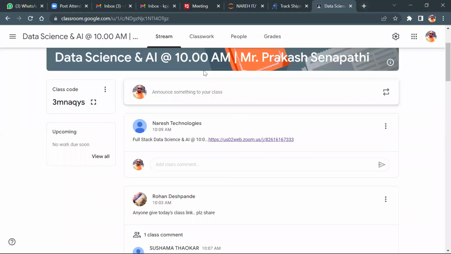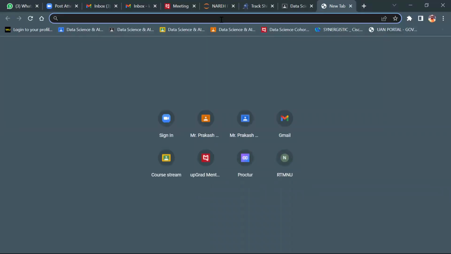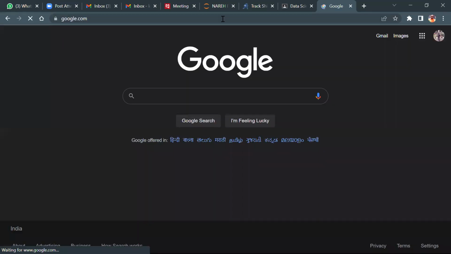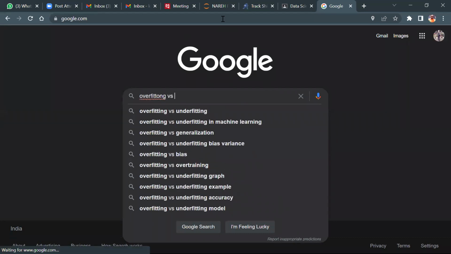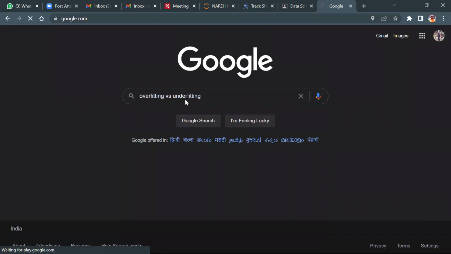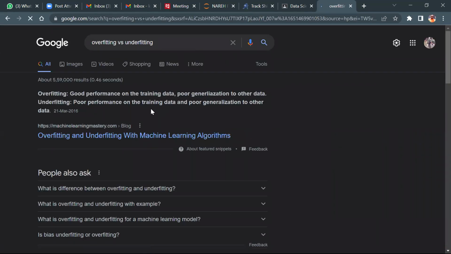Yes, team, but let me see how you prepare your notes. Explore a little bit. Go to Google, type, don't shout here, guys, overfitting versus underfitting. Good performance on the training data, poor generalization to other data. Poor performance on the training data and poor generalization to other data.